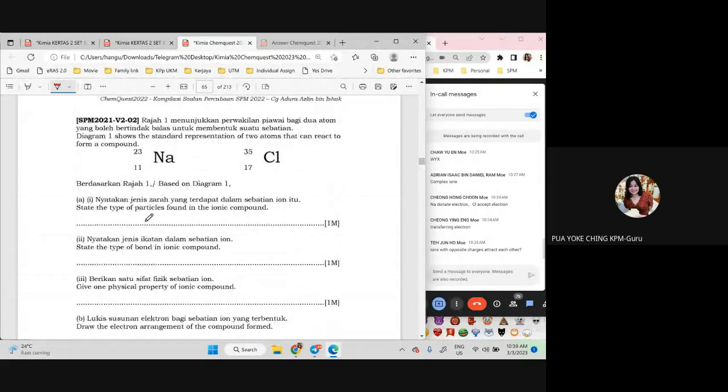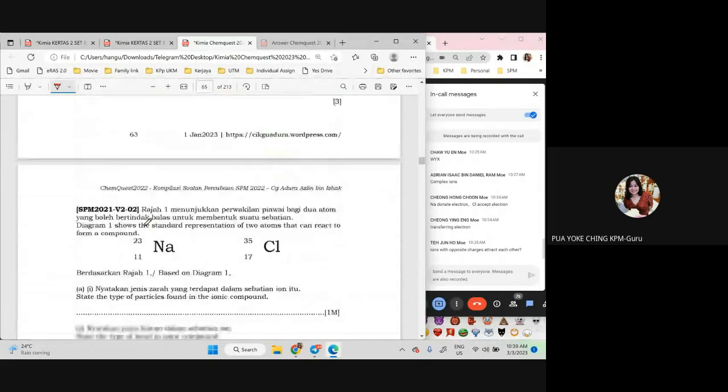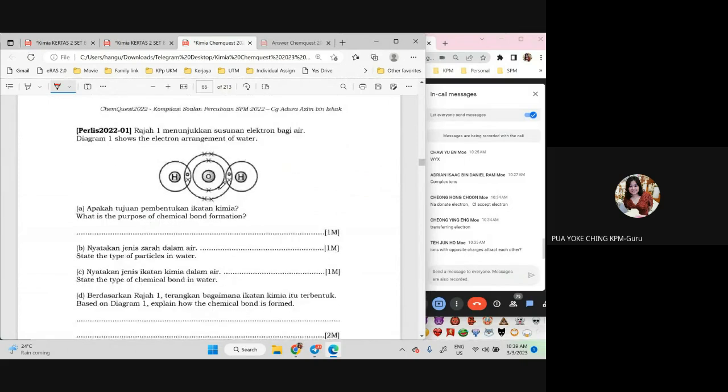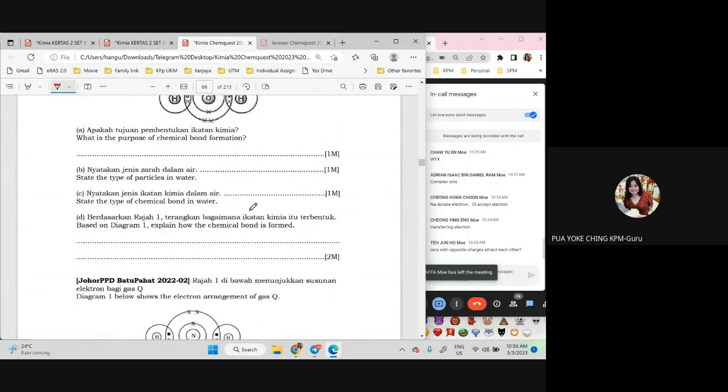So that one is version 2 SPM. So this is about all the ionic bond. So this is covalent bond. So tengok, this is terangkan how. Okay, they like to explain how the chemical bond is formed. But this one, 2 marks, right? This one, you jangan kata by sharing of electrons. Okay? Kalau 1 mark, yes. 1 mark is you just write by sharing